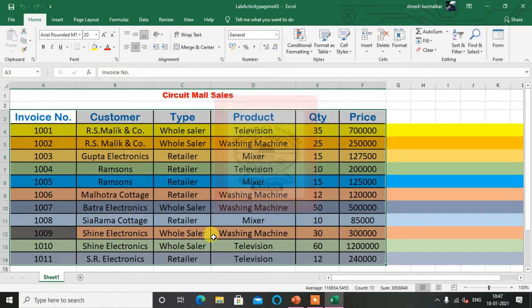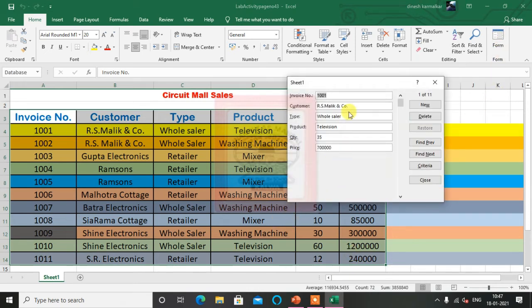Now I will follow some steps which are given in the book, and then a little bit we will see on our own also. The first thing given in the book is for the criteria. For criteria we have to do it from the form, it is told in the book. So I have to select the table, and I have to click the form.